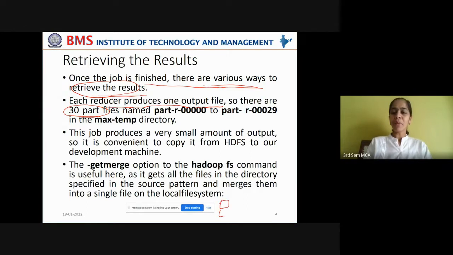Right? So if you have some map jobs like this, and these will give input to the reduce jobs, say there are two reduce jobs in this case, then the first reduce job's output will be part file 1 and the second reduce job's output will be part file 2. But in this NCDC dataset processing, we had 30 reduce jobs that have been executed as part of the job. Now, out of these 30 reduce tasks, we'll get 30 part files